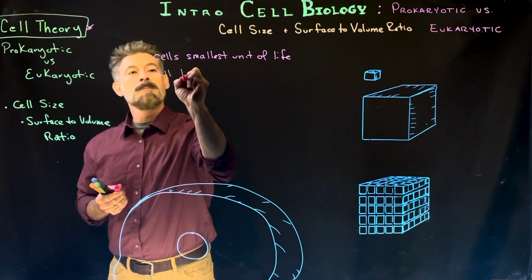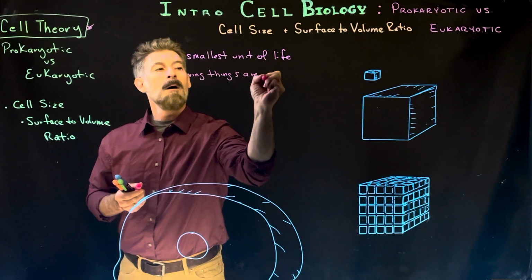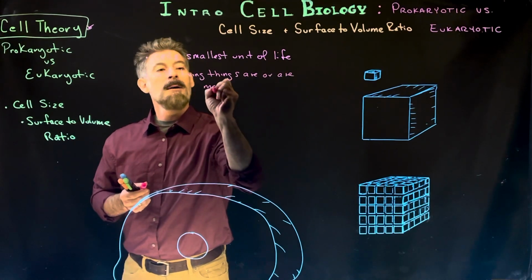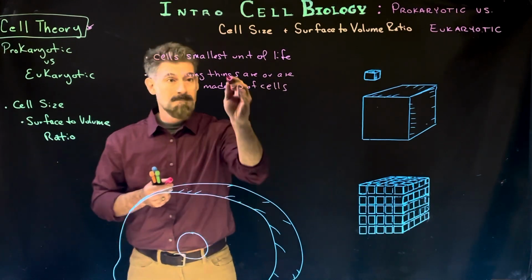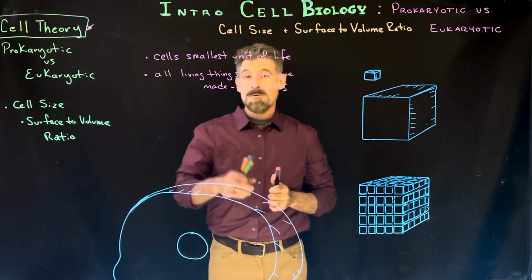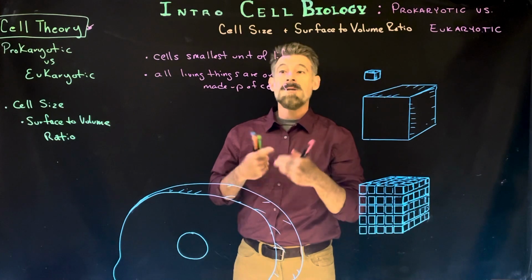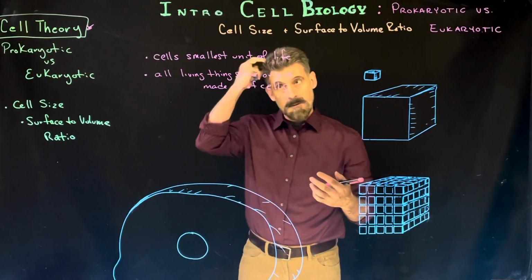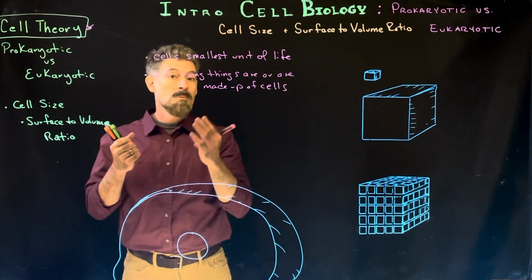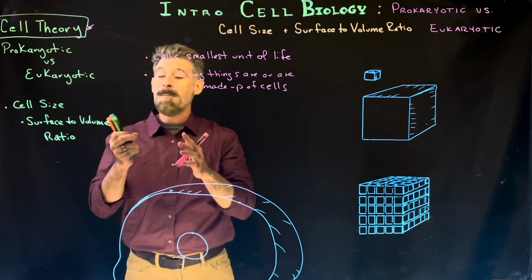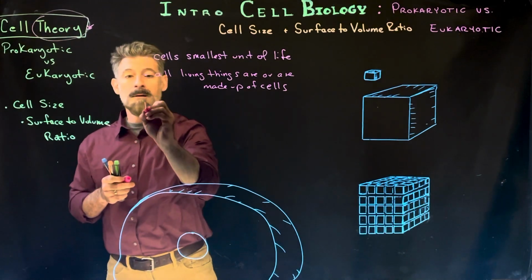All living things are or are made up of cells. And that's kind of what I just said, but in a more specific sort of way. That everything that's alive either is a cell or a multicellular organism that is made up of cells. Okay. So these are kind of two major parts of this, what we call cell theory. And before I really kind of get into it anymore, I want to talk about that term as well. All right.